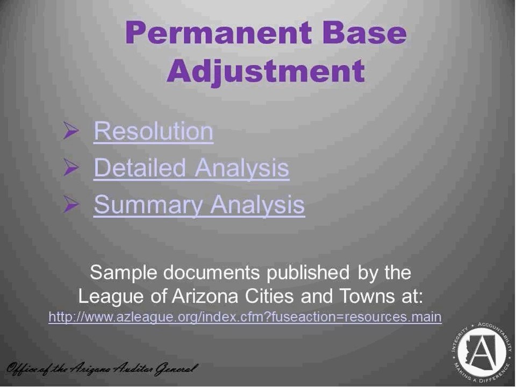We will be using the League's documents in our discussion, highlighting the necessary elements that must be included in any packet submitted to our office. We will be discussing the requirements of the packet, as well as the things we look for in our review of these items, and the most frequent problems we find in each part of the packet. First, we will address the required contents of each document. Then we will go back over the documents and address some of the areas in which we find entities most frequently have issues. It is vital to note that this packet is to be objective in nature and should only contain objective information.